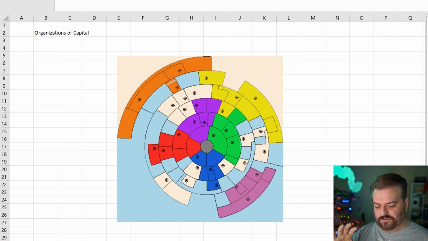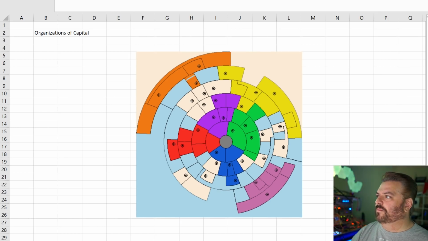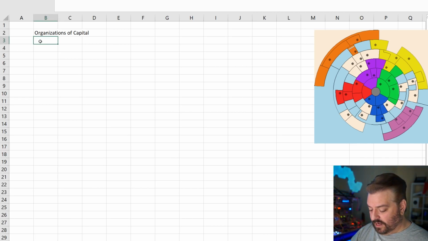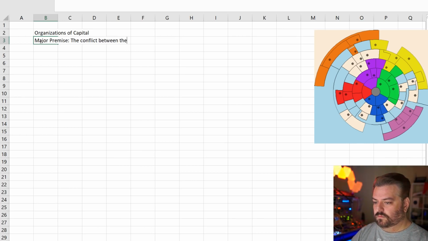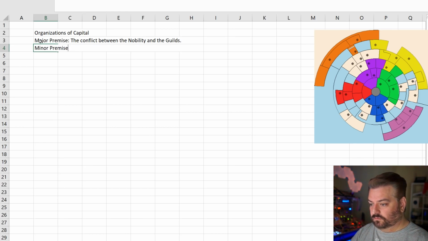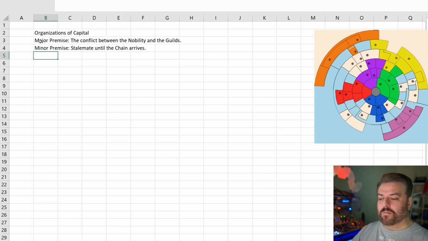Because there are 2 thesis statements. In fact, let's write this down. Let's put this up over here. You guys get it, right? Let's give us a thesis statement. Our major premise is the conflict between the nobility and the guilds. Our minor premise: stalemate until the chain arrives. Or it might not even be stalemate. It might be stalemate slash